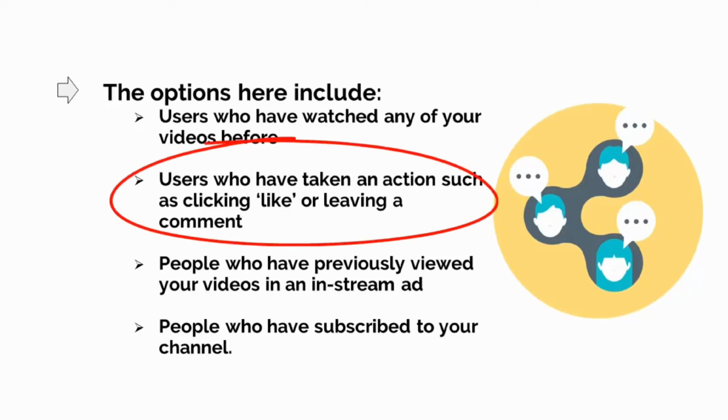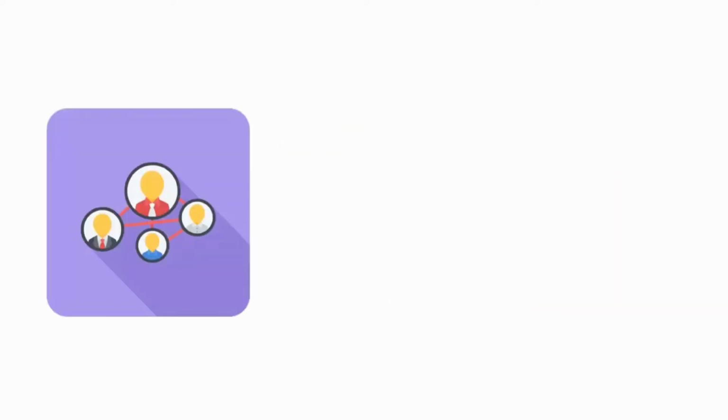Going only for people who have liked or commented will significantly limit the number of people your ads are exposed to. But these are key and crucial people because they've shown a willingness to engage with your content, to actually listen to what you're saying, and to follow links. It shows much more engagement and trust if someone actually interacts with your brand versus simply watching your video, which may even have been a mistake.